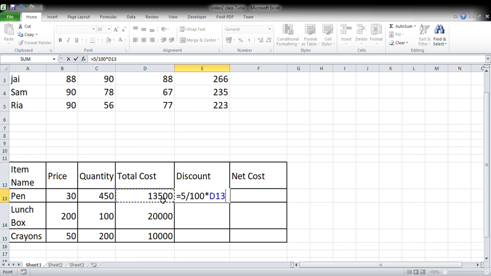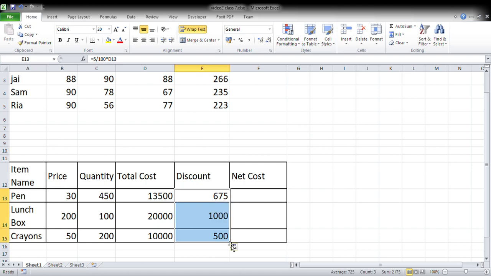If we have to find 5% of any value, we write 5 upon 100 into the value. The value of total cost is given in D13. Press enter, and again place your cursor in the lower right corner of the cell and copy this to other cells also. Now you have found discount for all the three items.